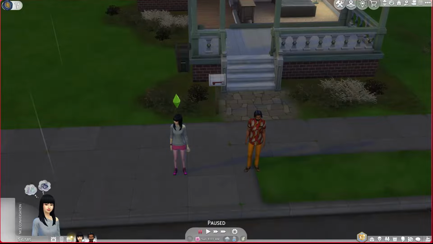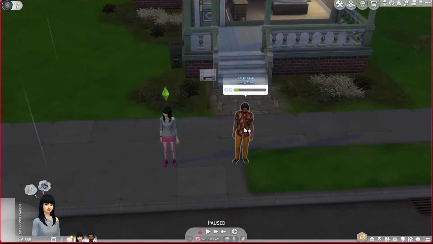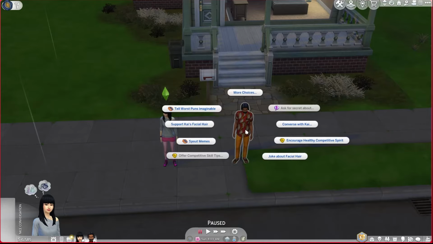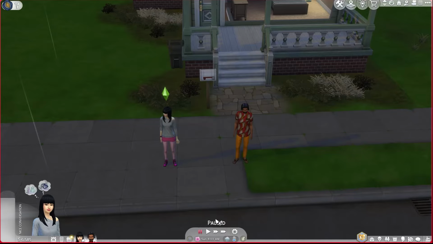But without further ado, if you've installed it correctly, you'll be greeted in game with this pie interaction menu when you click on another Sim. And so today we're going to be recreating what you just saw in the teaser trailer, where we go actually watch TV together. So if I click Converse,